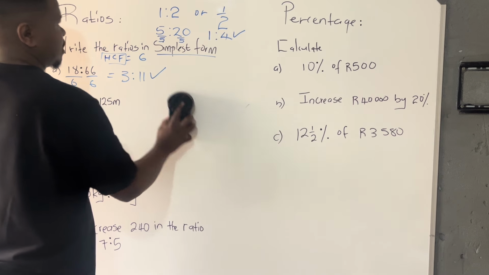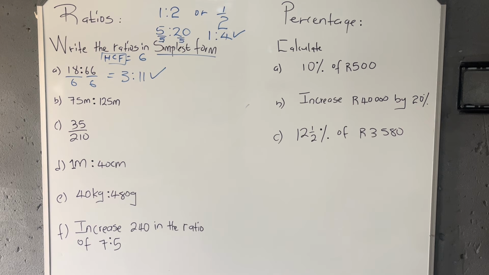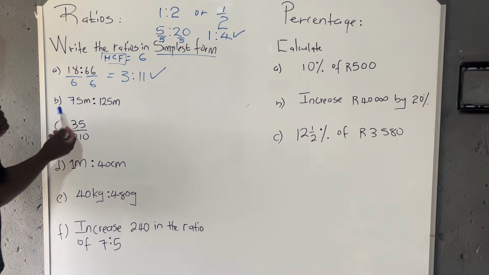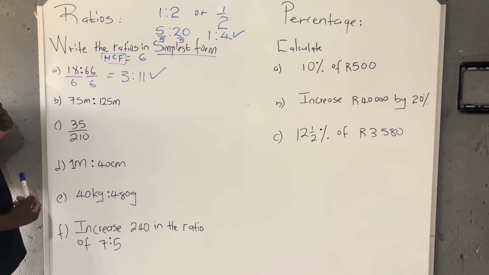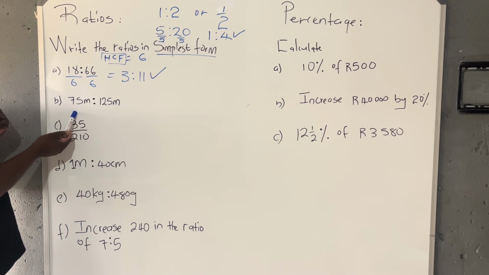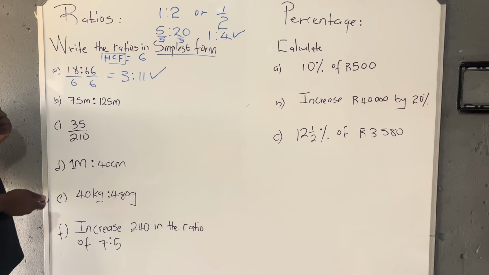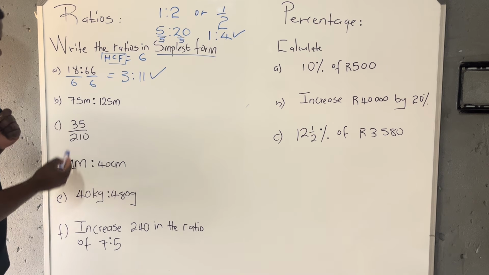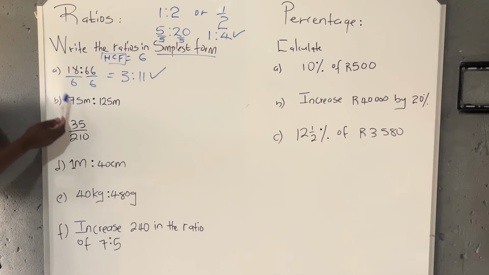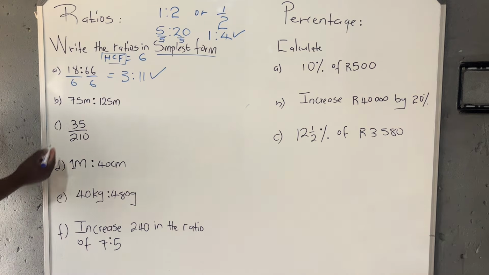Okay, now let's proceed. Obviously you can pause the video and try to work out some more problems. Don't wait for me to provide the solution without you trying first. Make sure you try before. Now, we've got 75 and 125. If I use 5 into 75 and 125, I feel like I'm still going to have to simplify it further. So I just want to simplify it once and for all. Again, find the highest common factor. Find the factors of 75 and 125 and select the highest one and use it. So in this case, I can use 25,